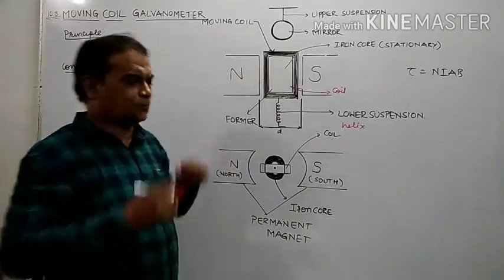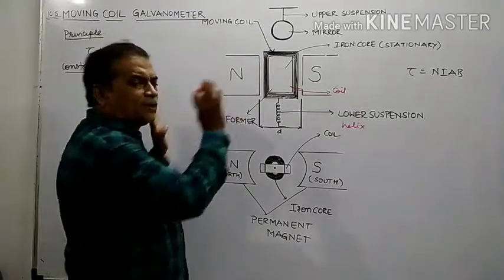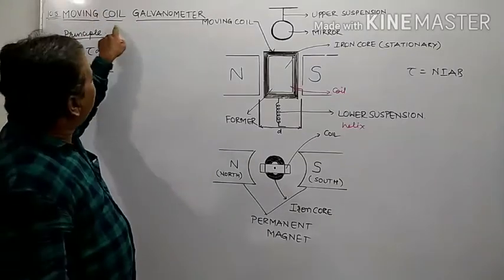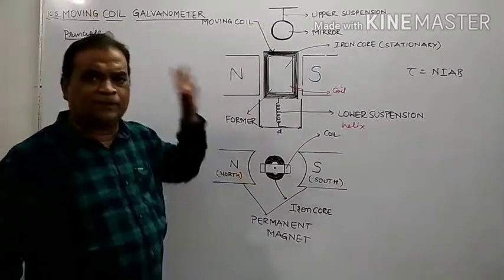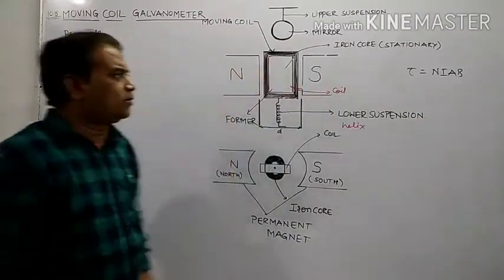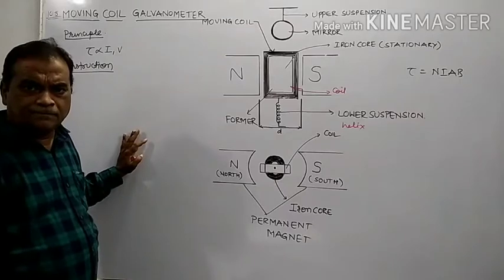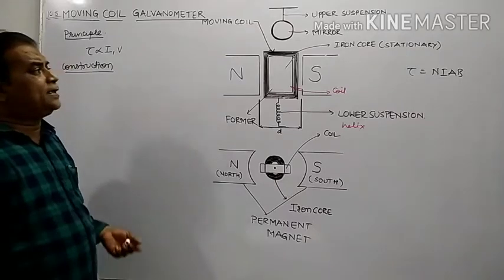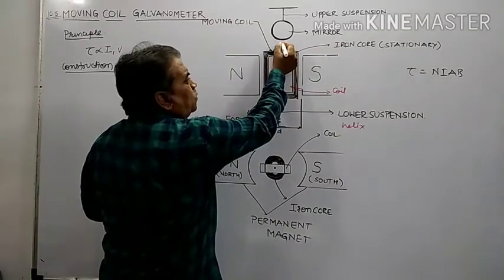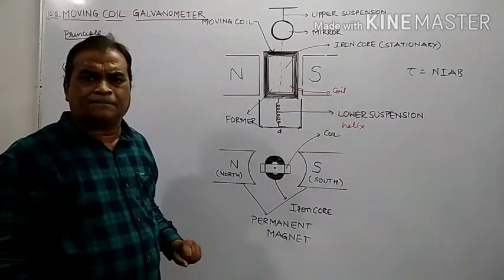Means the coil is either suspended or it may be pivoted with the help of two springs. So depending upon which, we have two types of MCG: suspended coil type MCG when suspension fibers are used, or pivoted coil type MCG when springs are used to pivot the moving coil galvanometer. So the coil is either suspended or pivoted in such a manner that the coil is free to rotate about one of the fixed axes